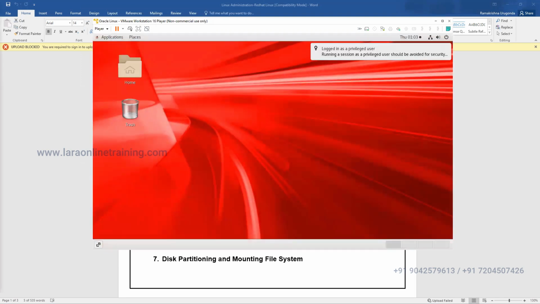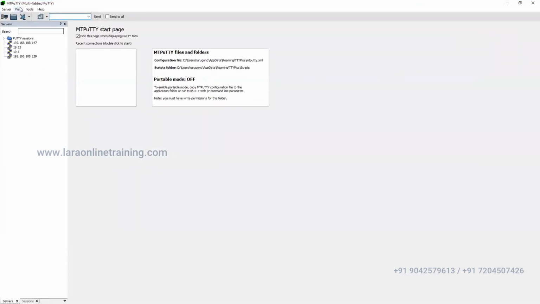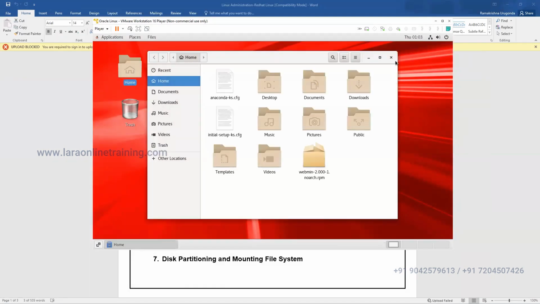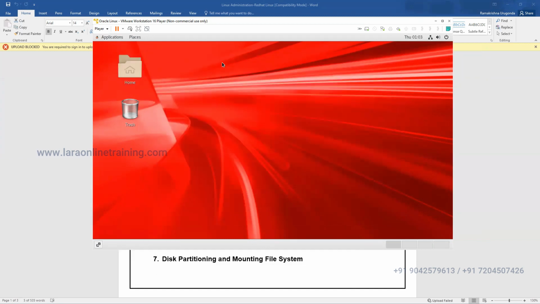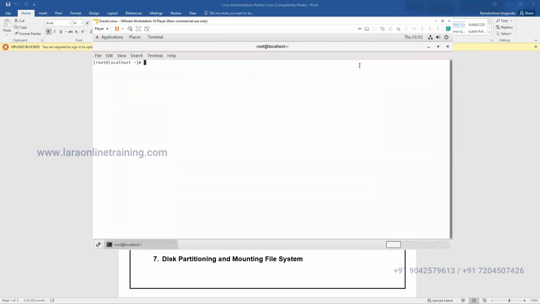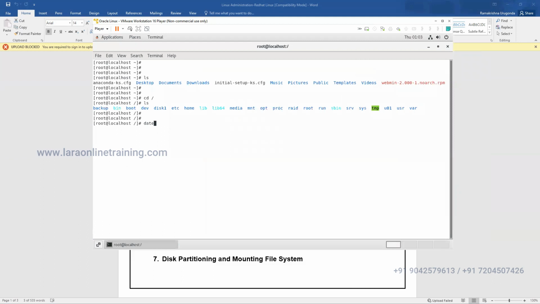A command mode tool we use in real time is PuTTY. This is a graphical interface, like a Windows system, but in the graphical interface I also have the terminal, and command mode is there. This is again command mode. It means logging into the physical system in command mode, but generally we don't get direct access to the physical system because these servers exist at the data center level.